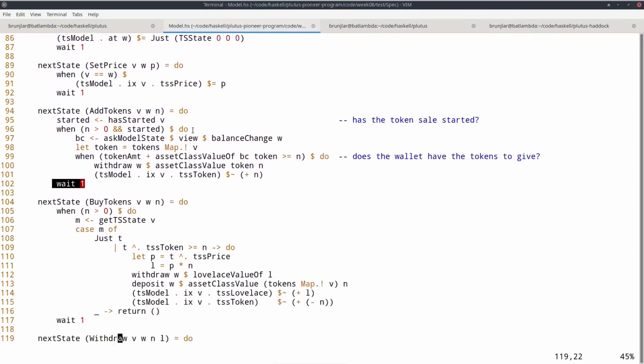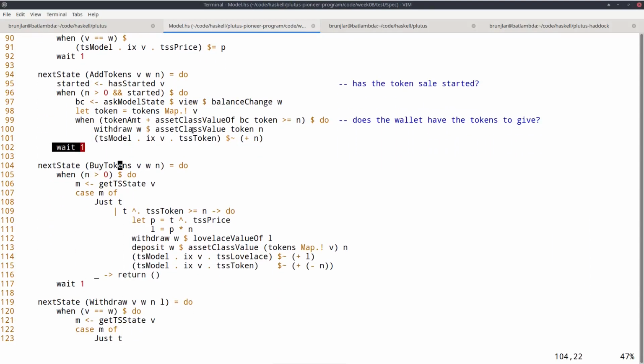Okay, the next is buy tokens. So wallet W wants to buy n tokens from a token sale run by wallet V. First, check that n is actually positive. If it is, I use my helper function that I showed you just now to get the state of that token sale. That can or cannot be a nothing.